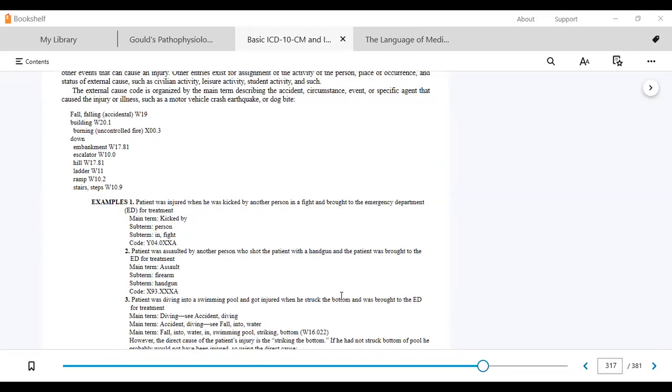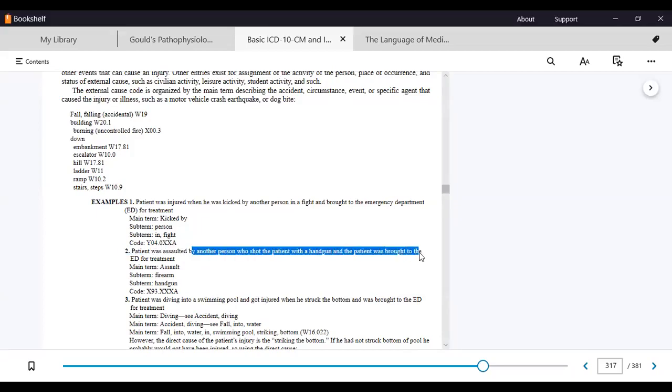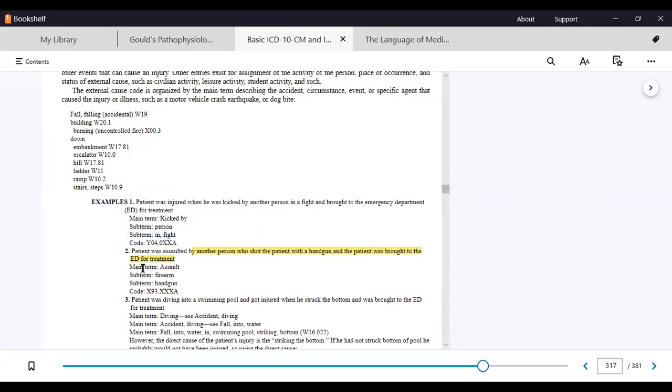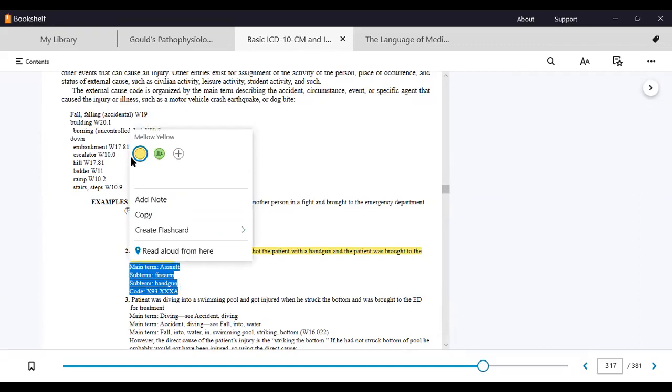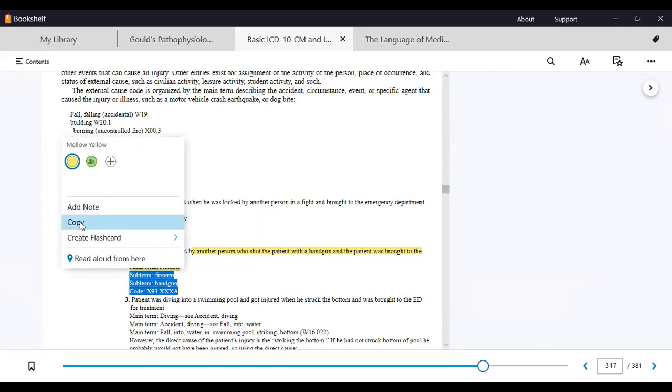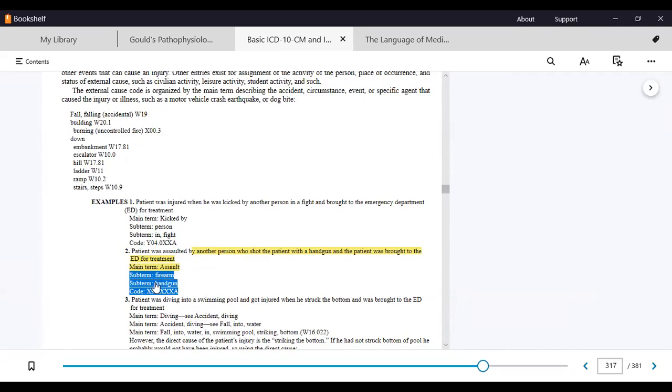Let's take a look at 2 now and follow along in your code books. Patient was assaulted by another person who had shot the patient with a handgun, and the patient was brought to the ER. Main term, assault. Subterm, firearm. Subterm, handgun, and the code is X09.3XXA. Note the A for the